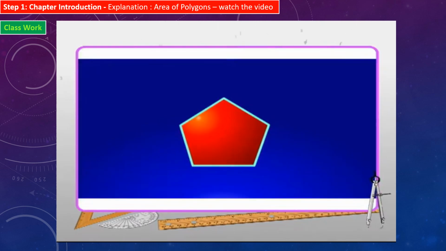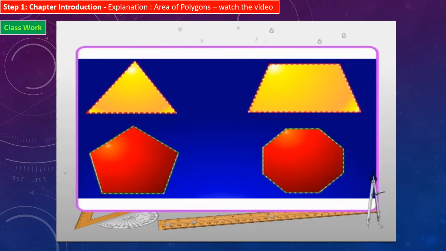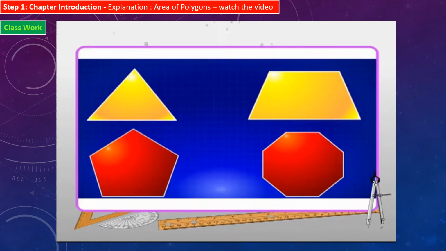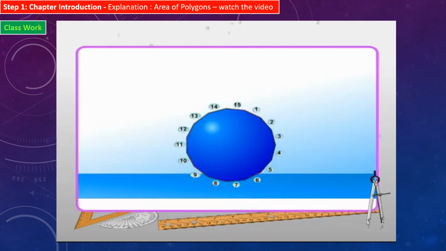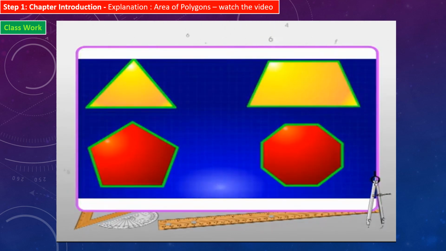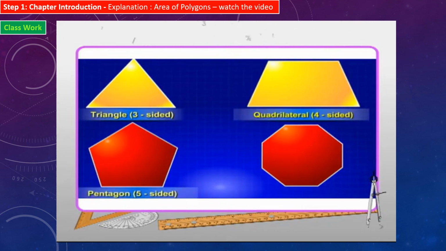The term polygon means many sides. Thus, a polygon is a plane figure with 3 or more straight edges as its sides. Let's learn more about it. A polygon is named after the number of sides it contains. Thus, we call a polygon with 12 sides a 12-gon. Can you name a polygon with 15 sides? Easy, 15-gon. When a polygon contains less than 10 sides, we name it combining a Greek-derived numerical prefix with